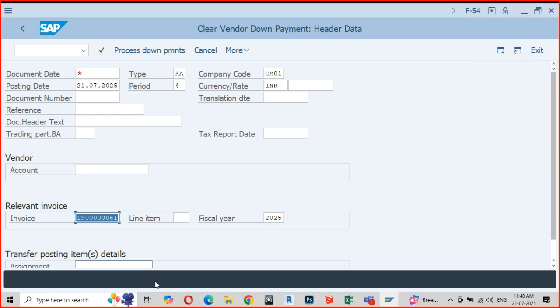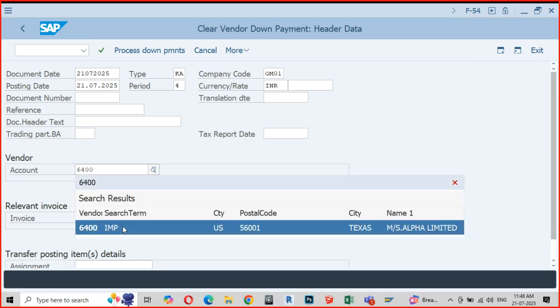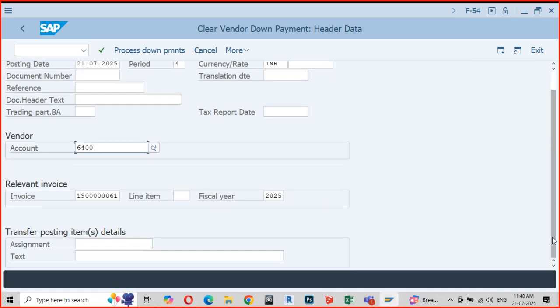It is not necessary that I settle only against the fresh invoice. Clear? Now I am connecting the invoice to the advance.